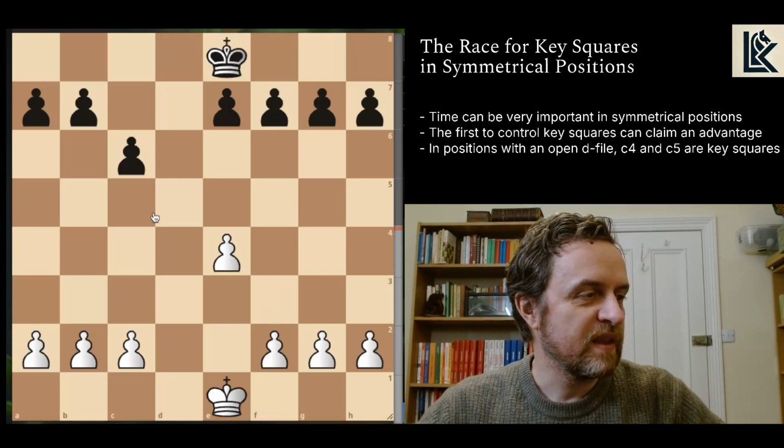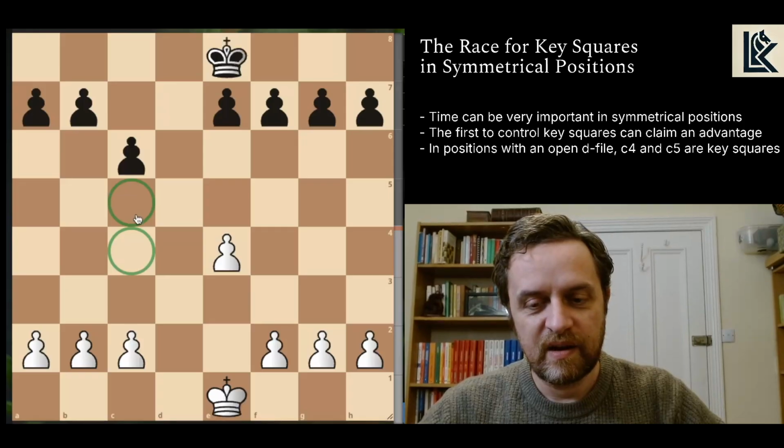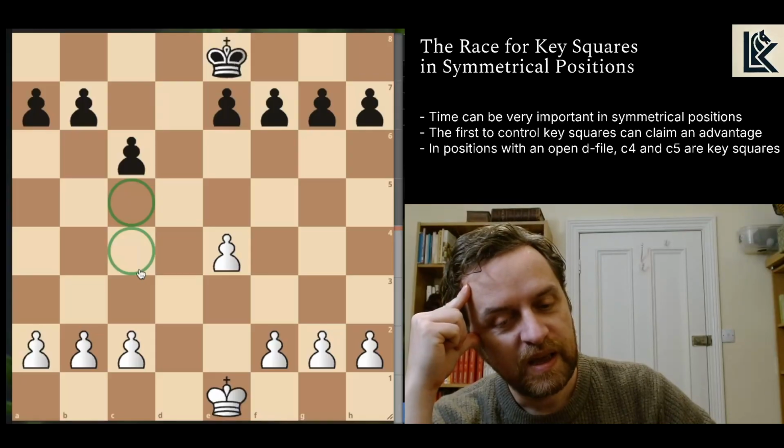So in these positions, these squares are very, very important. If you're white and you could get knights outposted on c4 and c5, you're generally going to have a very powerful position. And therefore,